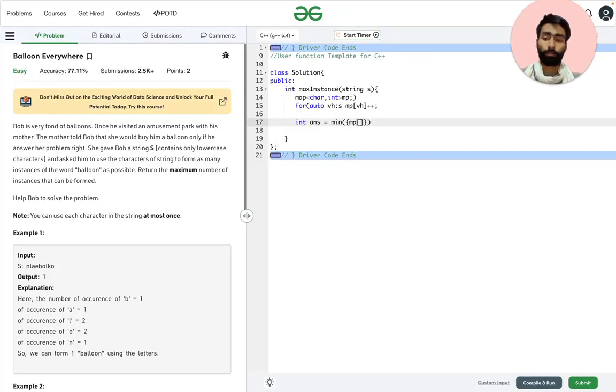So likewise we are using it here. We will look for the first character B of balloon, and we need one character of A, but for L we need two characters.